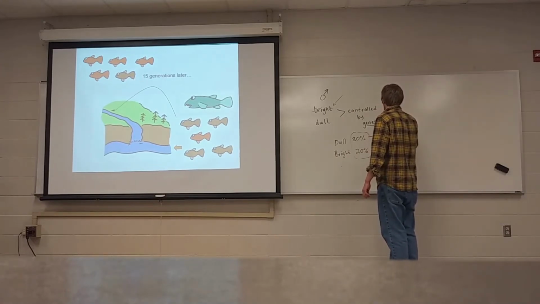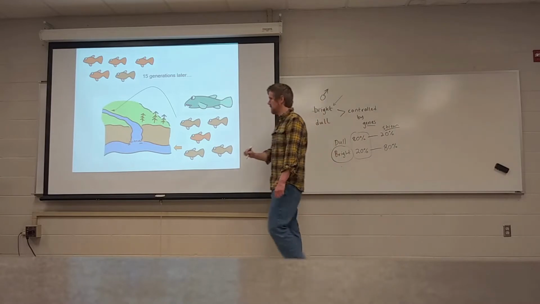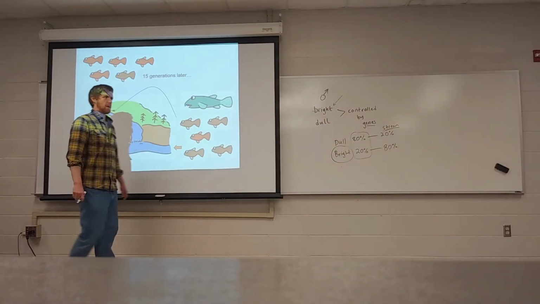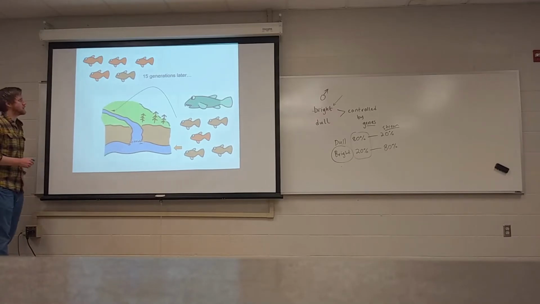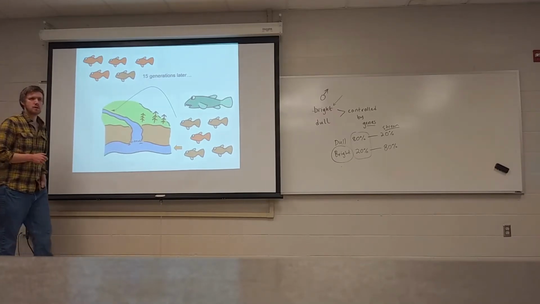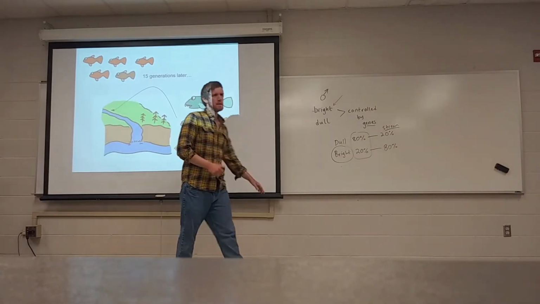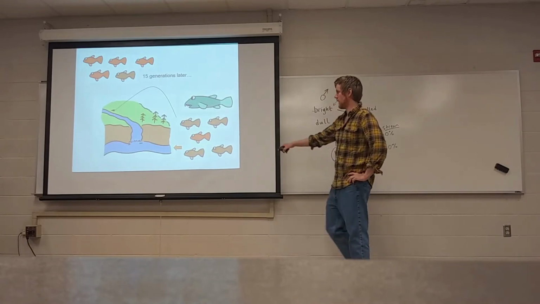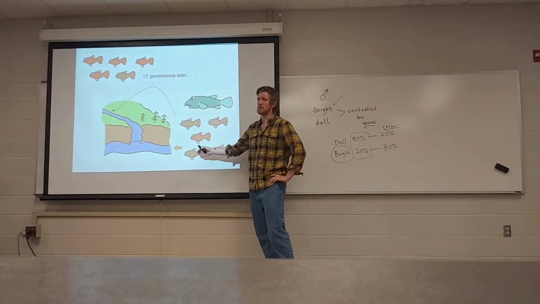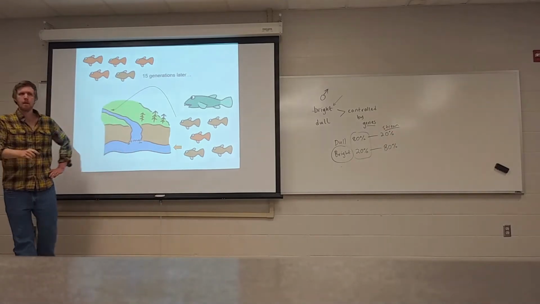In the stream, natural selection favored a different physical feature. Natural selection guides populations' gene frequencies. These guppies, this population of guppies, it evolved. At least the one that they put up in the stream evolved. Down here, it remained at this frequency. But up here, the population changed.